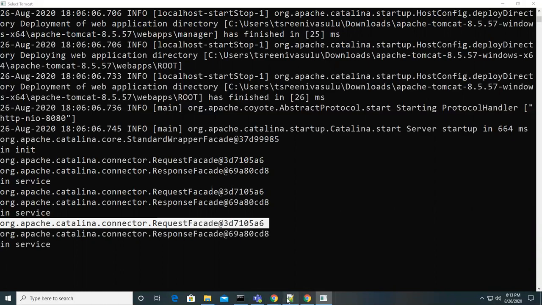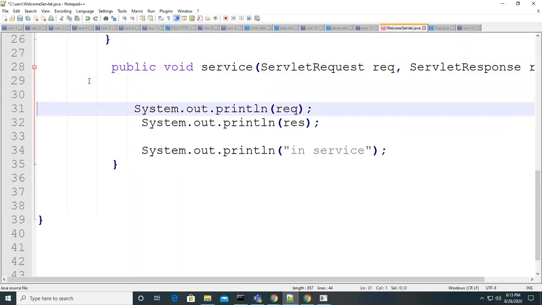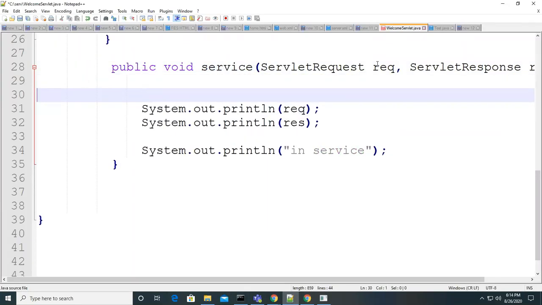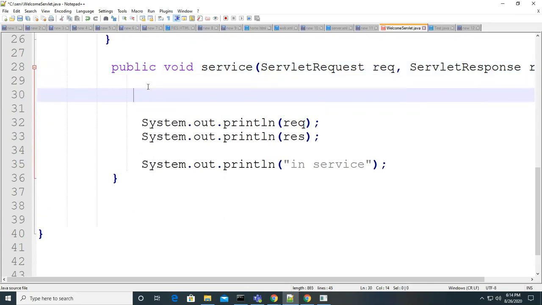So if you want to access that request data, which came from the client to the server, you can access it from this request object.